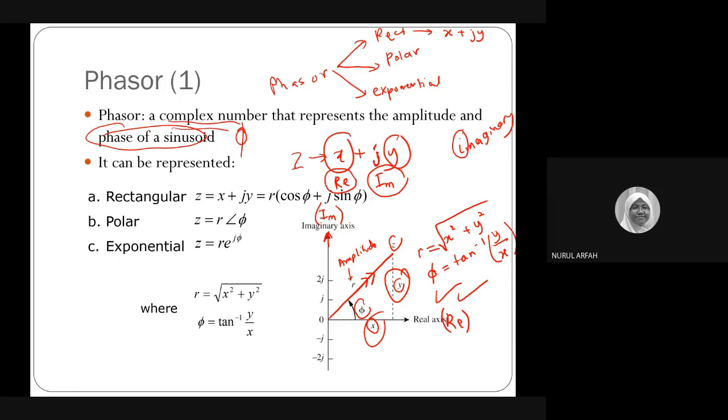So we don't want to put it in I, because I for electric circuit is for current. So we want to differentiate current from imaginary, then we put it as a J. Okay. But if you use your calculator, do you have your calculator